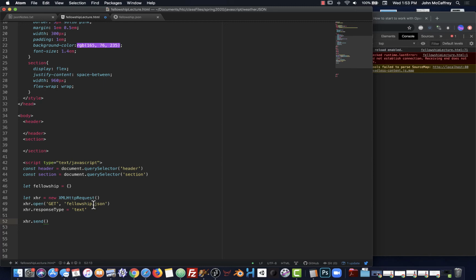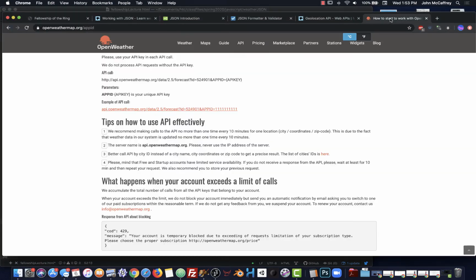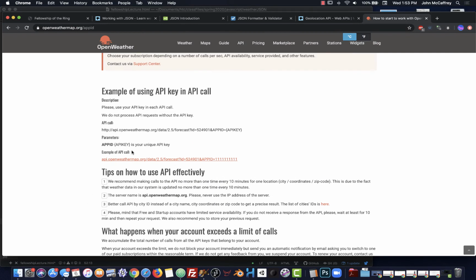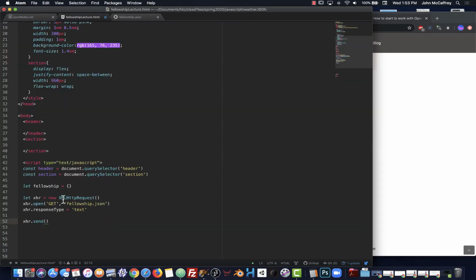When we move into using OpenWeatherMap, we're going to be making a request where we will then specify an API call. So instead of just a file name, we have this full URL that we're working with, HTTP, then api.openweathermap.org, blah, blah, blah, API key, etc. So that is what would then go into